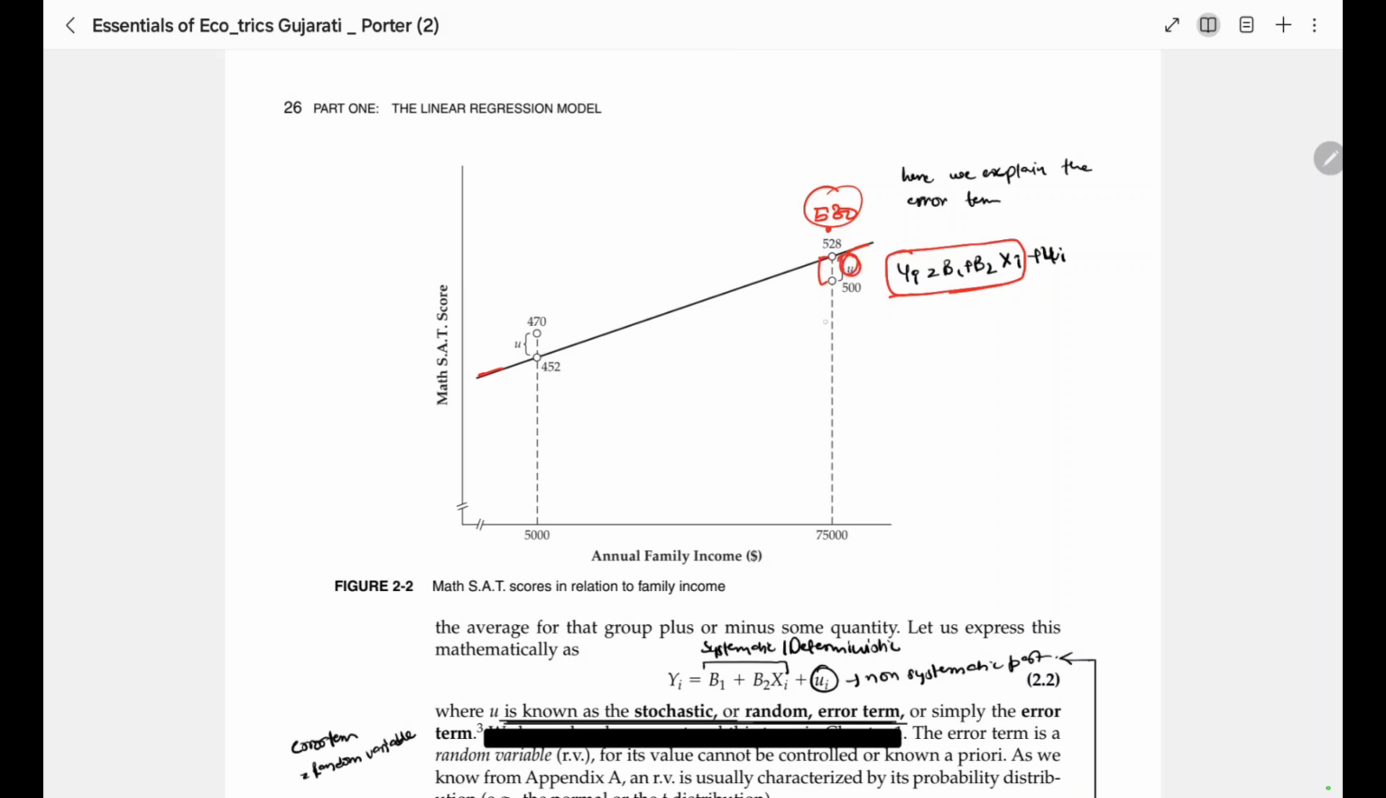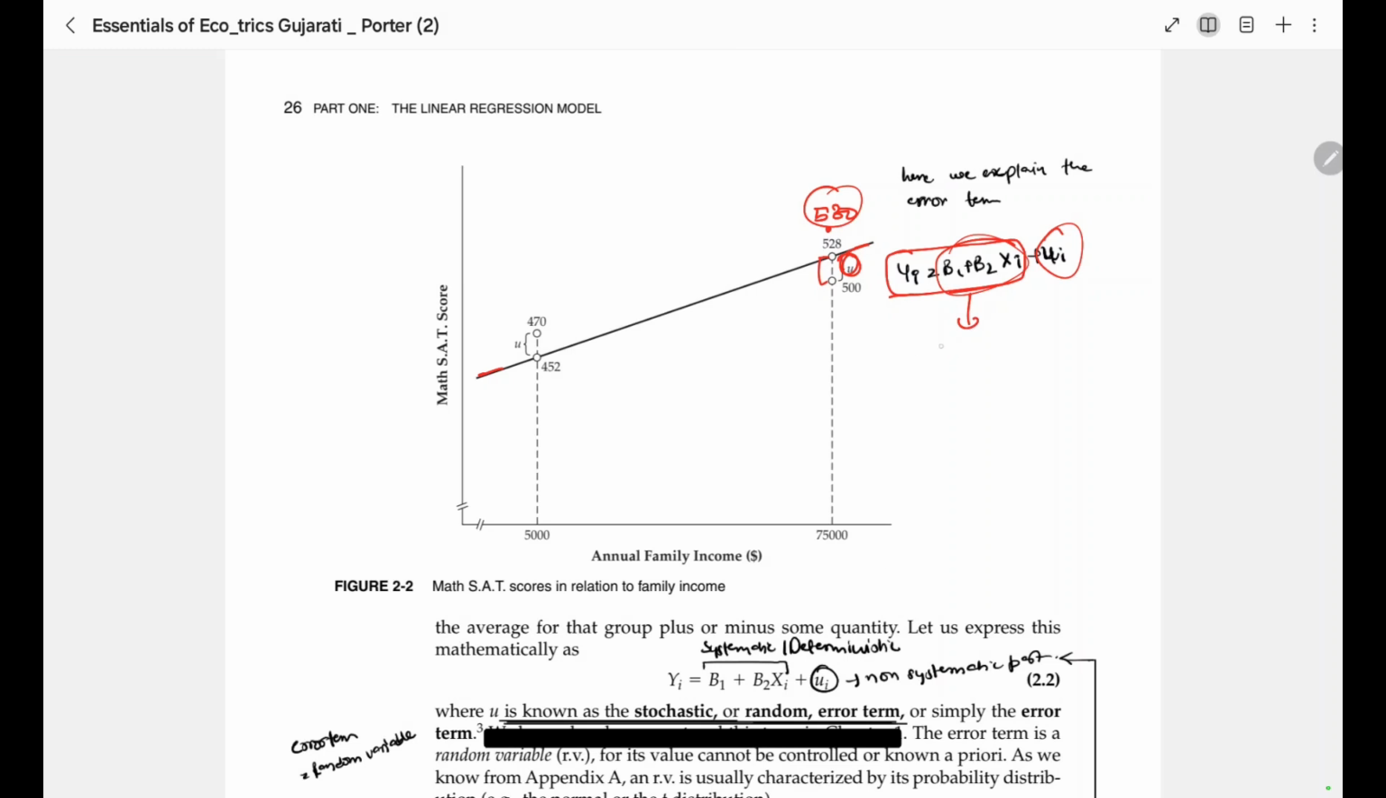So we use the term u. U is our error term, also called a random term or noise term. All these names are for u. So we put this u value at the end of our equation. Now this part of the equation that we get